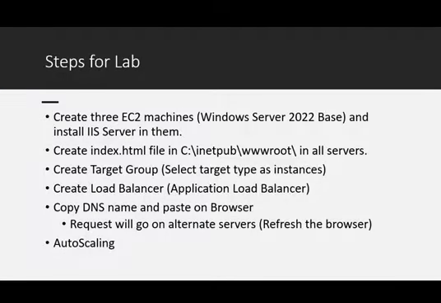Hello friends, welcome to another cloud lab. In this lab, I will be talking about Amazon EC2 machines along with the application based load balancer and the auto scaling part. The detailed steps for this lab will be initially I will be creating three EC2 machines and